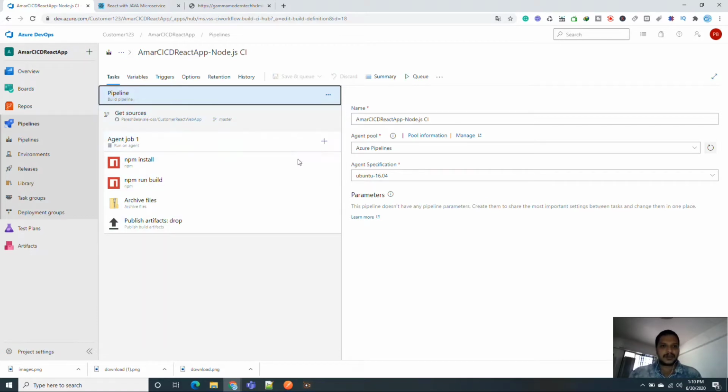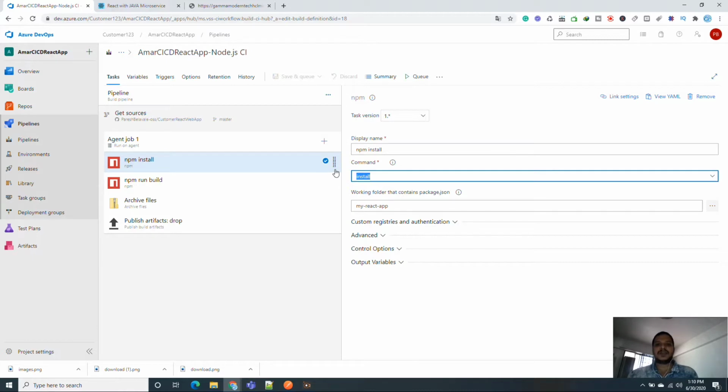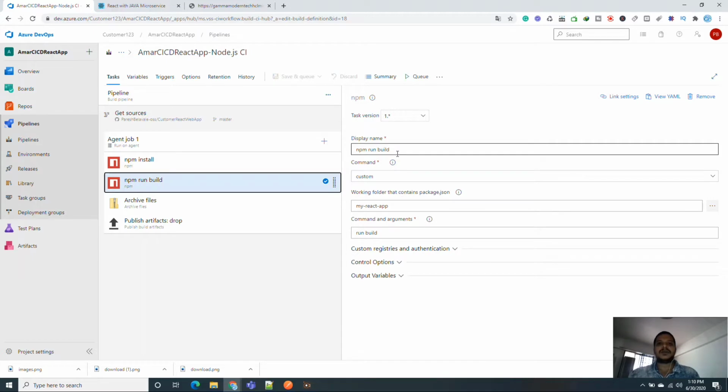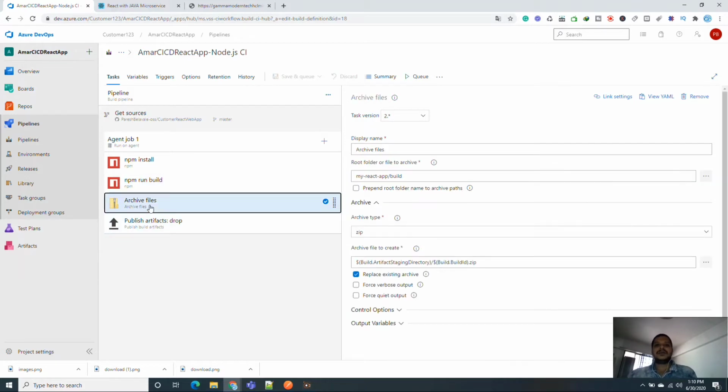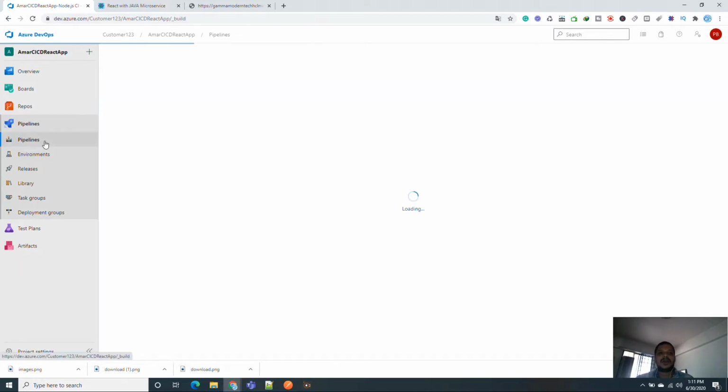So if I go through, you will see here, this is the command. This is actually the React command I have used to compile the application, and then the second command I am using is basically npm run build, correct? Then what I am doing is whatever build I have created, I am putting in the zip file, and then I am making one artifact. So this is actually the existing pipeline.